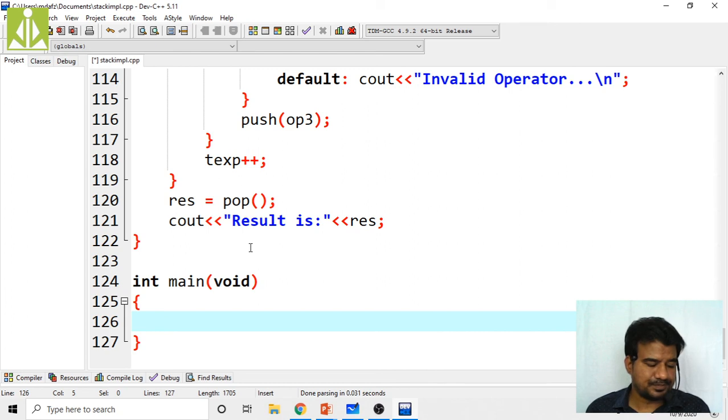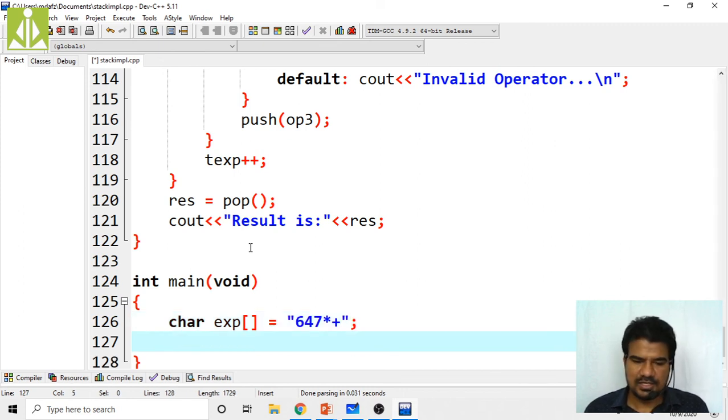Next thing, I'm creating my postfix expression. So that same expression we will see. I have 6, 4, 7, star, plus. 6, 4, 7 star plus. Don't consider it as 647 multiplication plus. It is not a single number, it is individual digits.